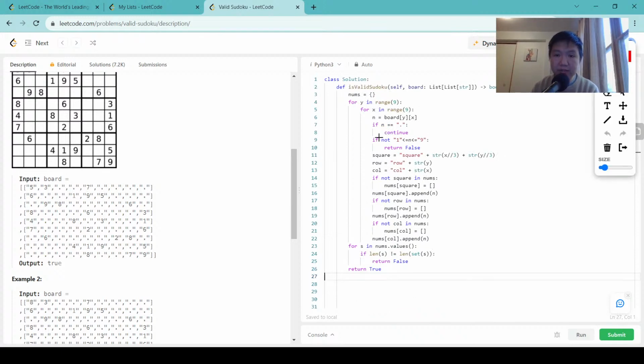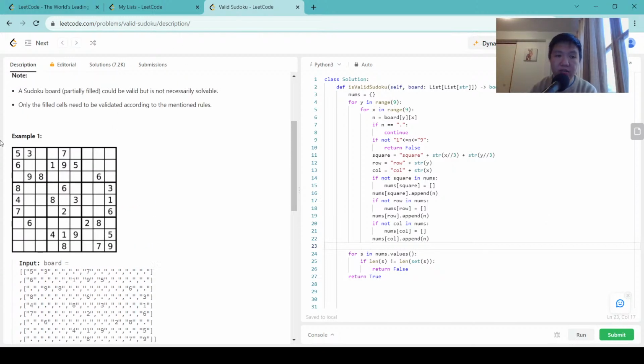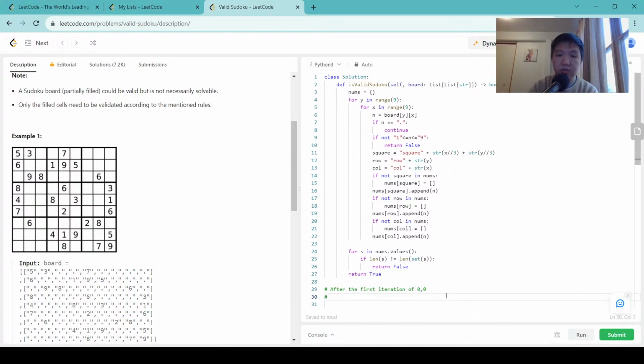And at the end of one of these iterations, let's say the first iteration of 0, 0, which is this 5 over here,